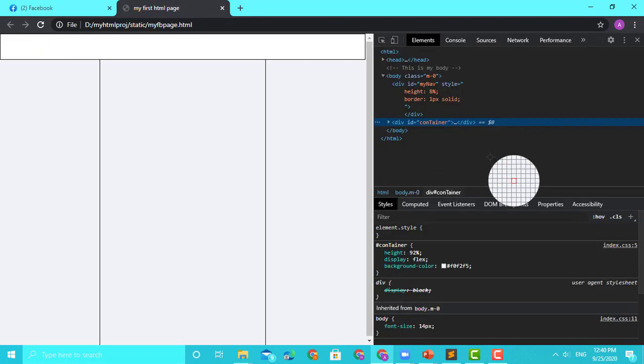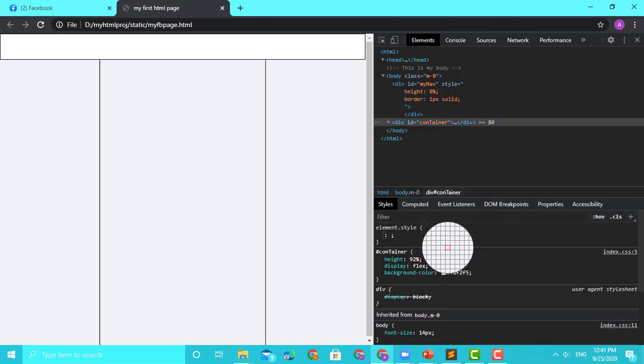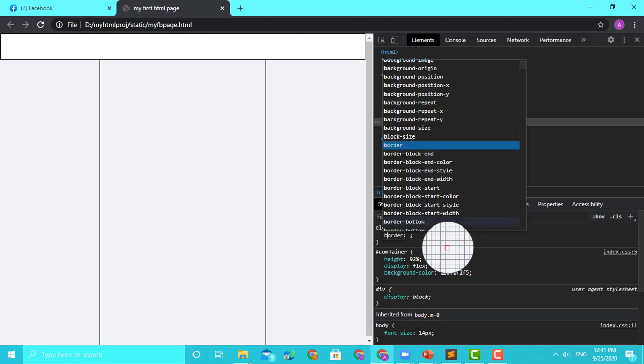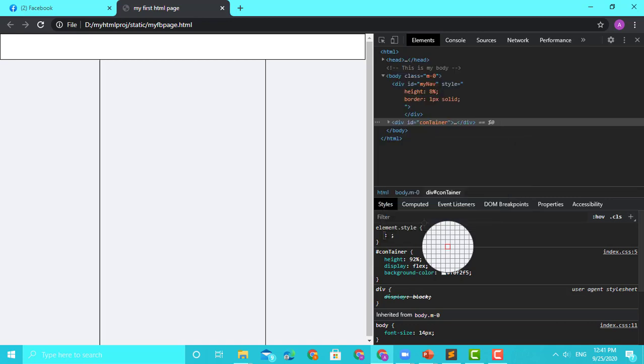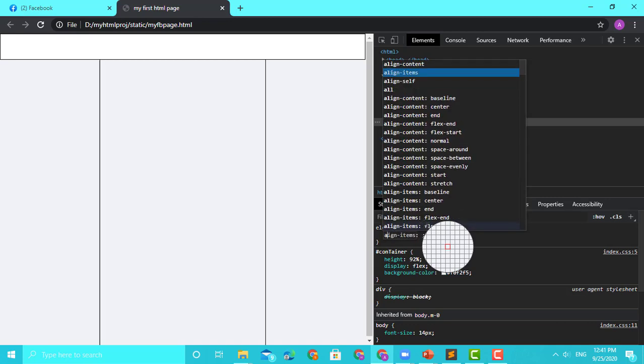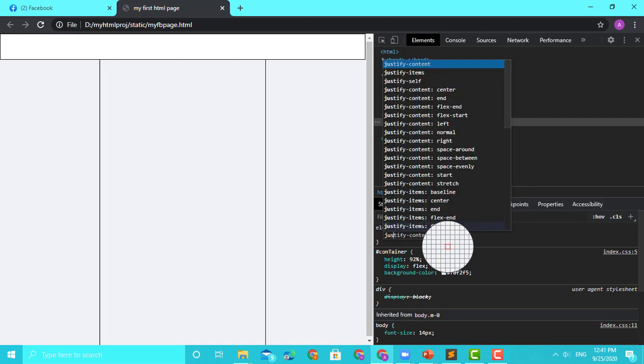So you have learned elements, tags, what are IDs, what are classes, what are styles, how do you put styles into classes. And if you want to see all the available possibilities of styles, you can open this and type here, let's say background color. If you type B, it will show you background color, border, anything that starts with B. Something you might be interested in is align and justify. These two things are really very important to align an image, a box or anything else. Go through it, and as we do it next time, we will also see.